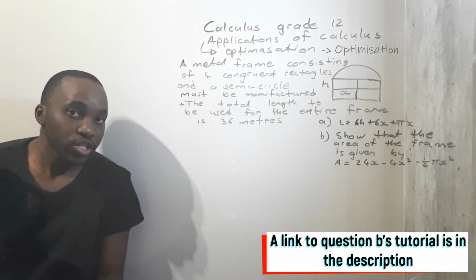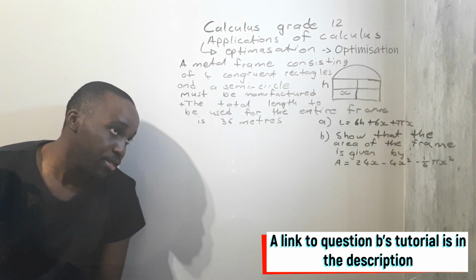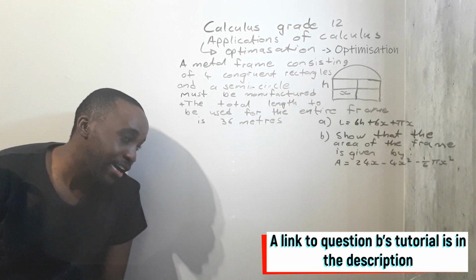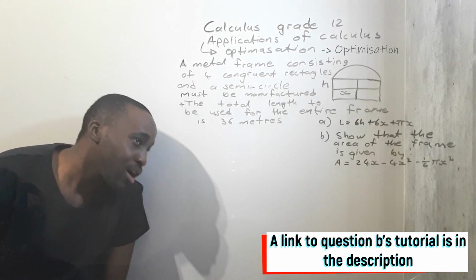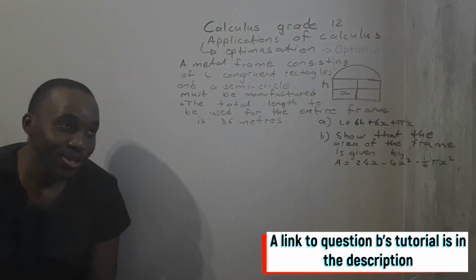So our next question could easily ask us to show that the area of the frame is given by A is equal to 24x minus 4x squared minus 1 over 6 pi x squared. So